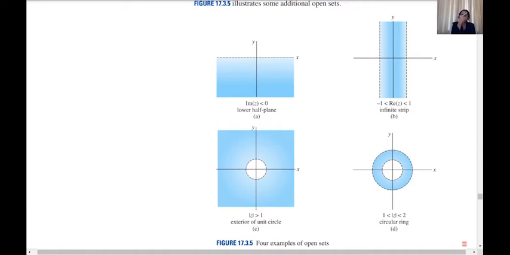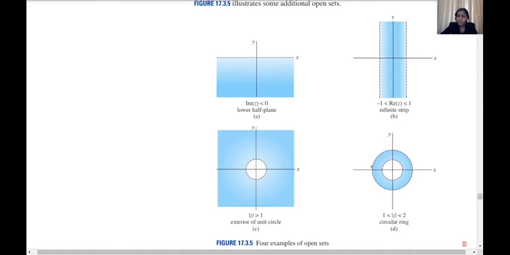So we had seen in the first example that mod z equal to 1 is a unit circle, and so mod z less than 1 will be inside the circle, and mod z greater than 1 will be the whole portion outside that particular circle, right? And then we have 1 less than or equal to mod z less than 2. So this is clear. Mod z less than 2 means it is actually the portion of the circle with center 0 and radius 2. Okay, that is inside the circle.